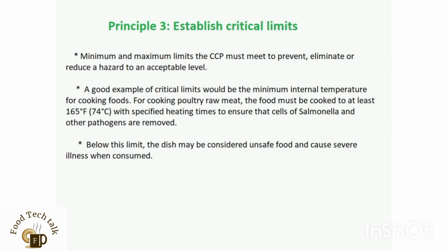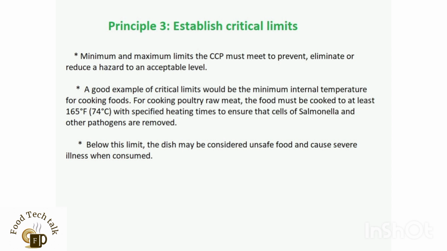The third principle is establish critical limits. These are the minimum and maximum limits the critical control point must meet to prevent, eliminate, or reduce a hazard to an acceptable level. A good example of a critical limit would be the minimum internal temperature for cooking foods. For cooking poultry or raw meat, the food must be cooked at least 74 degrees Celsius,